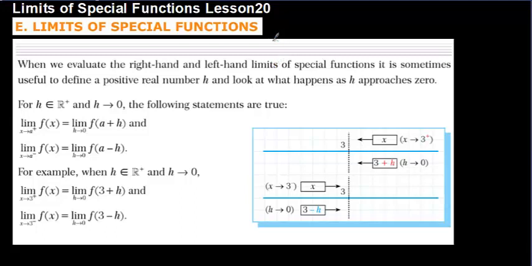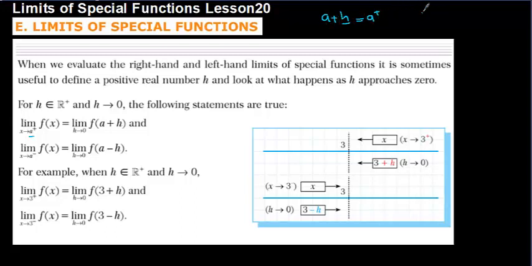In this video, I'm planning to explain limits of special functions, left-sided and right-sided limits of the special function. For this one, we are going to use a plus h method. A is the, as you understand here, it's given also. A is the limit value, but h is, we are going to add h or we are going to subtract h. Instead of a plus, we are going to use a plus h,